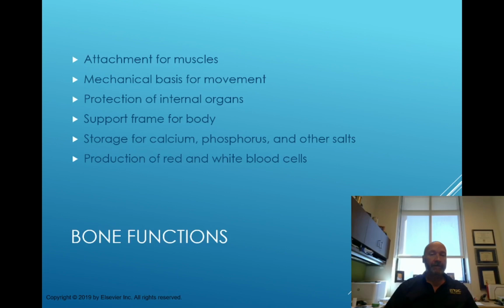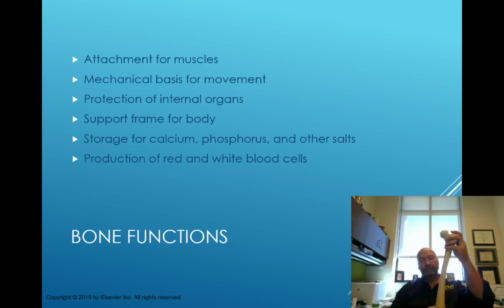So the functions of the bones are right at the top. We've got attachment for muscles, which provide the mechanical basis for movement. The muscles may not attach directly to the bones, but they attach through ligaments and tendons, and that is what gives us our means for movement. So anytime you see a feature on a bone that's a big projection off of a bone, chances are there's a ligament or a tendon that attaches there, and it pulls on that so that you can move. So you've got muscles with ligaments and tendons that come down to your knee,